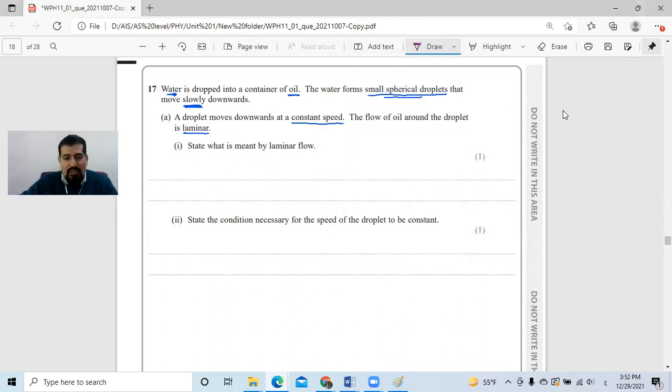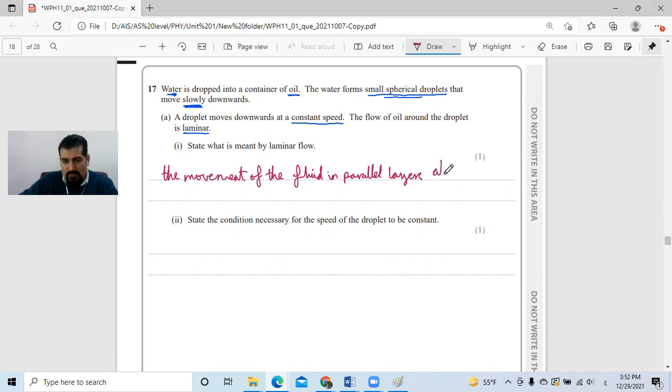Now I don't like the word lie, okay, because they are layers. That's number one. Number two, it's the movement or the flow of what? Exactly, the movement of the fluid in parallel layers